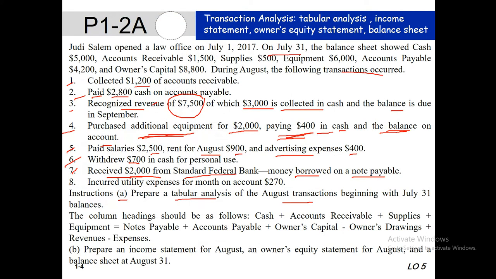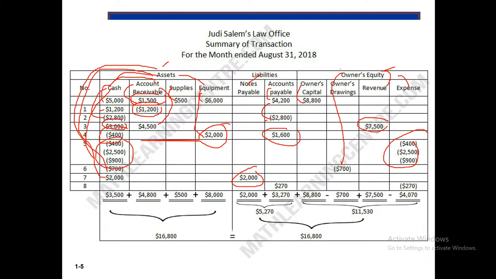Now the last transaction: incurred utility expenses for the month on account. For this transaction, the liability accounts payable will be increased, and owner's equity decreases due to incurred utility expenses. So here we can show this transaction. Accounts payable, liabilities will be increased. Accounts payable category has been 270, and owner's equity will be decreased in expenses category by 70. So here